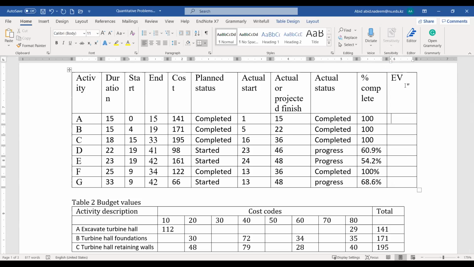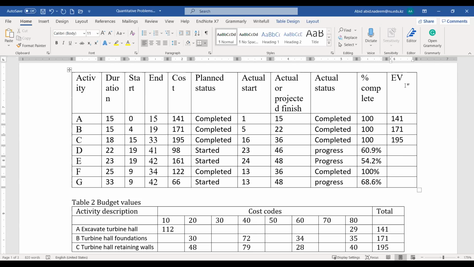So the cost for activity A was 141. So 100% of 141, it will be 141. And then it will be 171, 195. And now for this one, because it is 60.9%, so it is 98 into 0.609